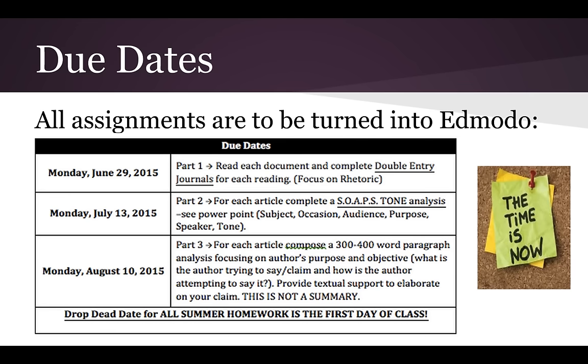Now, this PowerPoint has actually been in the Edmodo folder section since May 20th, but many of you claimed to not be able to find it. We're going to need to work on the helplessness in a bit, but there is a tab on Edmodo called Folders, and that's where this was. But you know what? I understand that you've never worked with Edmodo before, which is why I'm making this screencast for you.